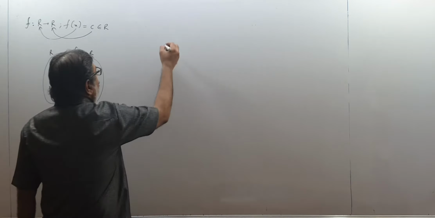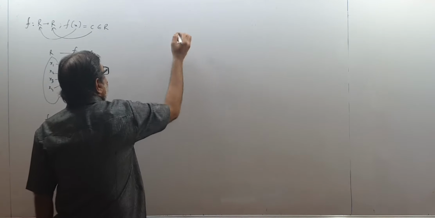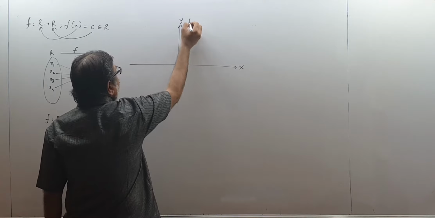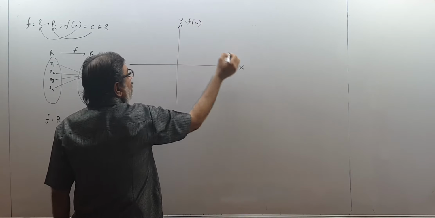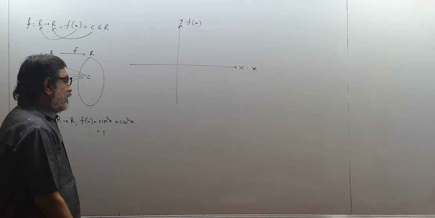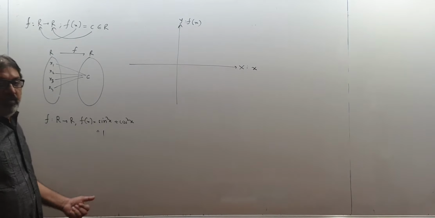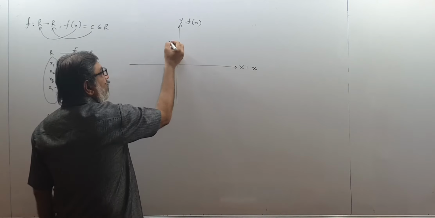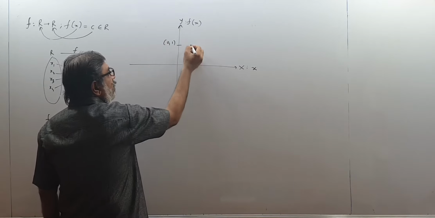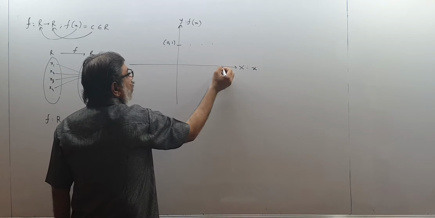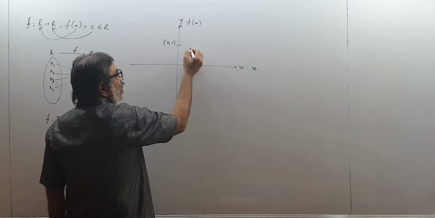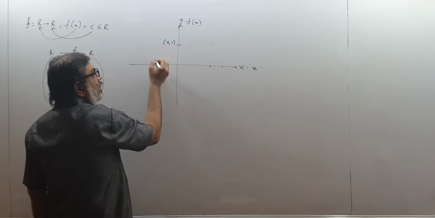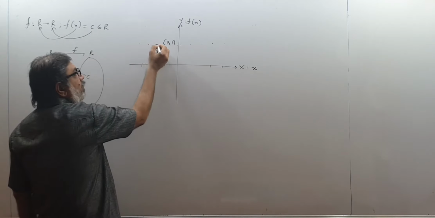And you know that if I try to draw the graph of this type of function, here I take x, here I take y axis, here I will plot values of the function, here I will plot the values of variable. In this case, value of function will always remain 1. So whatever be the values of x, answer will be always 1. For 1 it will be 1, for 2 also 1, for 3 also 1, for 4 also 1, minus 1 also 1, minus 2 also 1, minus 3 also 1. So all these points will come.